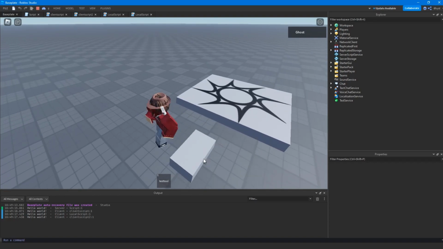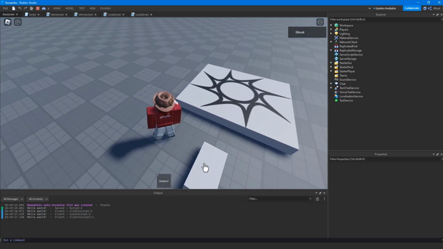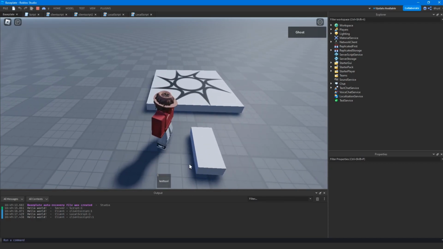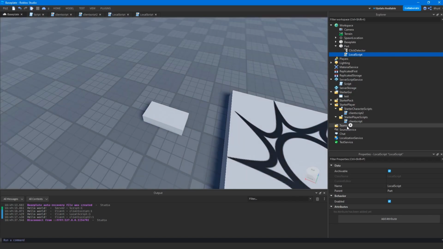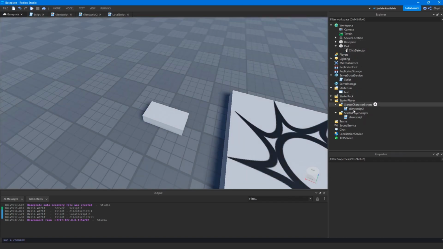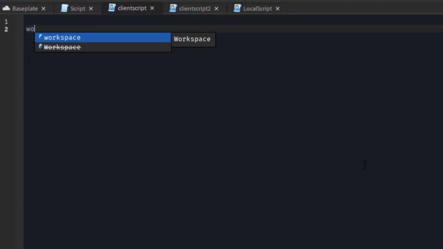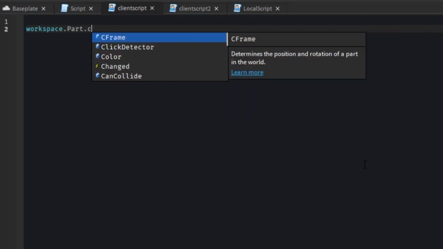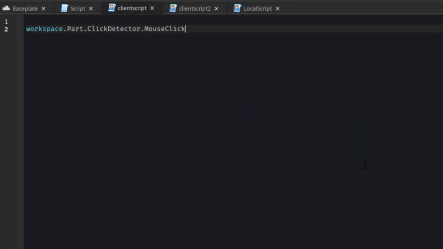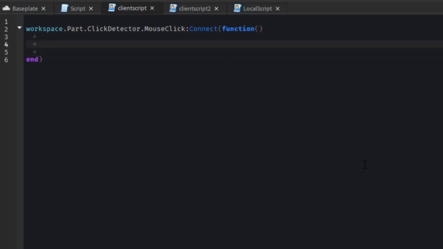Roblox decided to not tell you that you're screwing up when you do things like a local script in workspace, but you can see local scripts do not work in workspace like this because that's not how they work, right? But if we go into, say, starter player scripts, and instead we can make a reference to our part that's in workspace, workspace.part, and then we can reference our click detector and listen on the mouse click event with our connect and connect it to the function, right? And now if we print 1 once it's clicked,